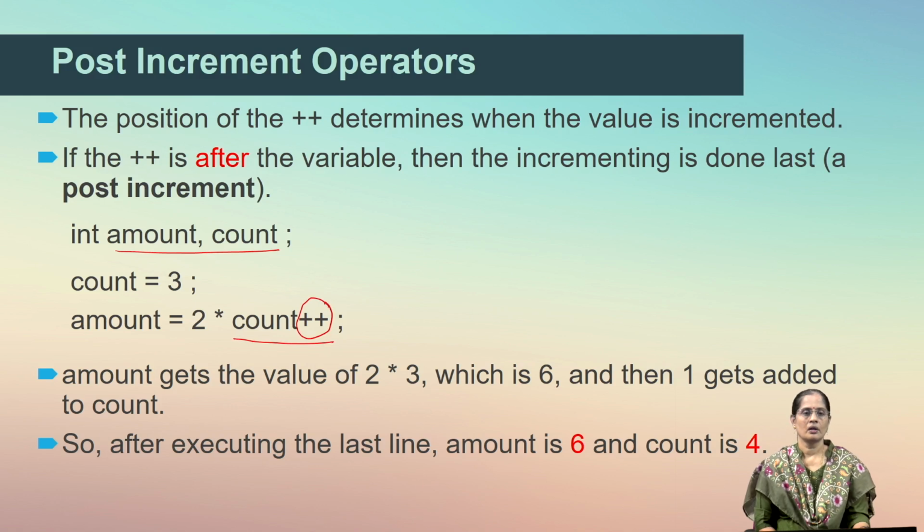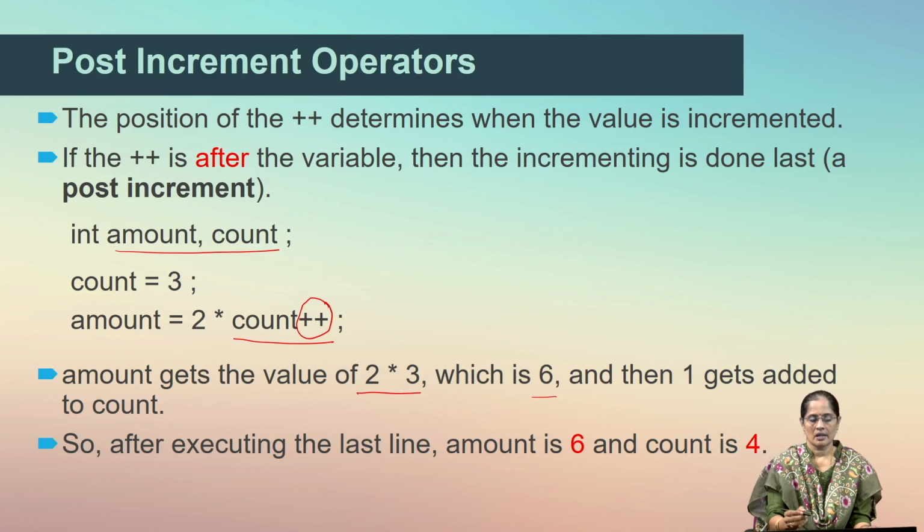This type of placing the operator at the end of the variable, we call the post increment operator. So, the amount value will be evaluated as 2 into 3, which is 6, and then 1 is added to the count. It means that when I say amount equal to 2 into count plus plus,